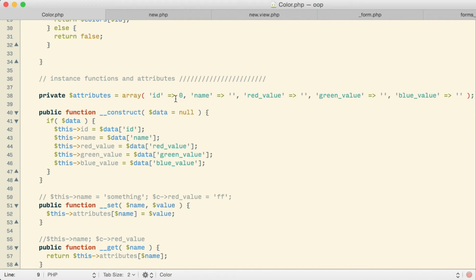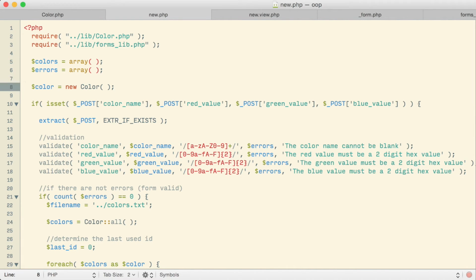So we should start off with a color that just has our default attributes, 0 for an ID and blank for basically all the other values. If I were to do that, then that's already pretty drastically going to change how most everything works. In a way, my new page here sort of works in a couple of different modes. Everything outside this if statement is basically what happens if the page is being accessed without the form having been submitted. So sort of a first visit to the page essentially is what we're talking about here if we're outside the if statement.